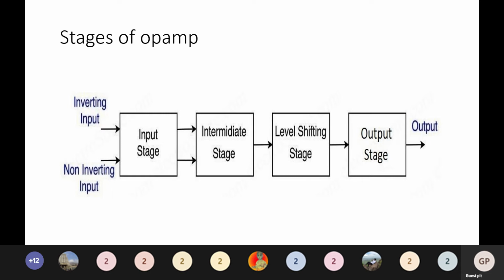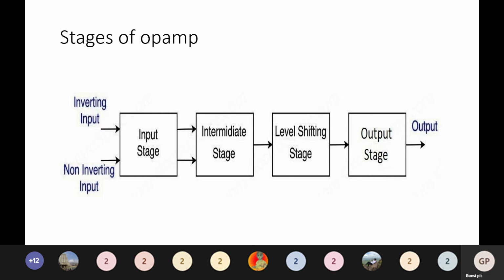That is, the op-amp will have very high gain since we use differential amplifiers, and the input impedance of the op-amp will also be very high. As we are using a differential amplifier in the input stage, the input impedance of the op-amp will be very high, and the gain of the op-amp will also be very high, since these are the qualities of a differential amplifier, right?